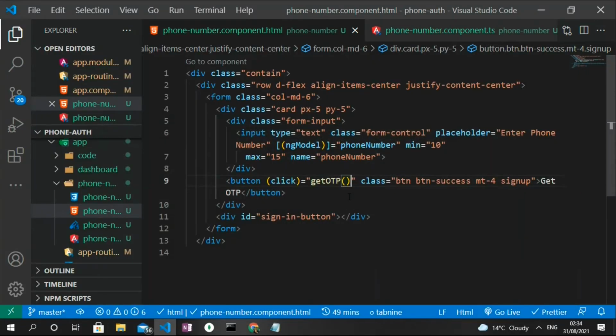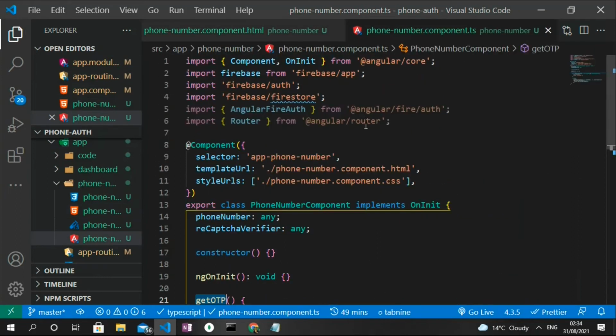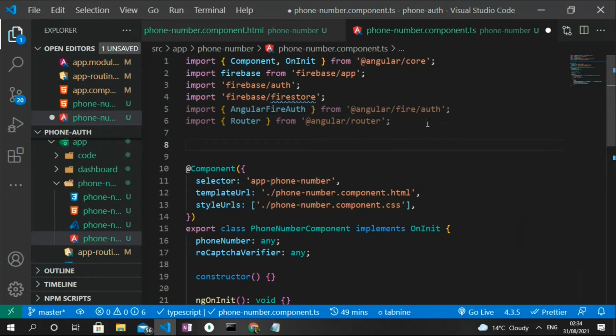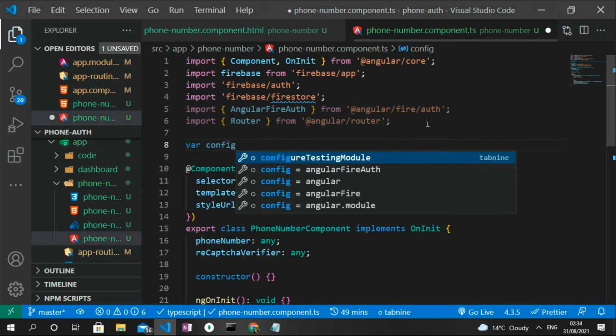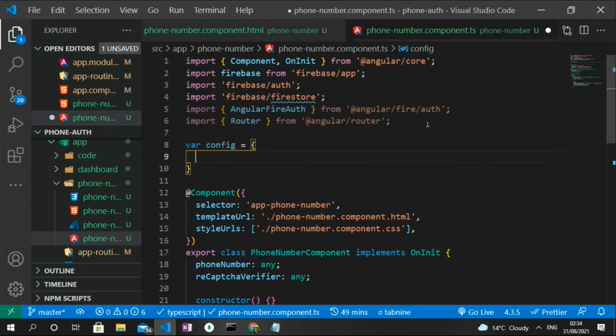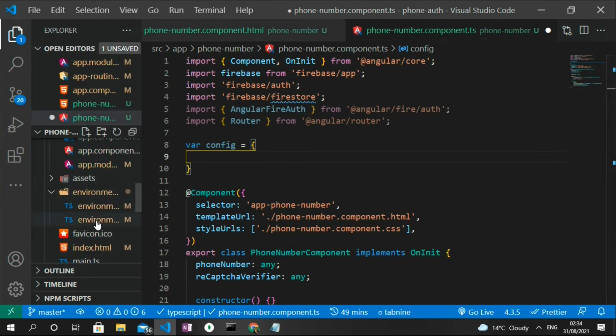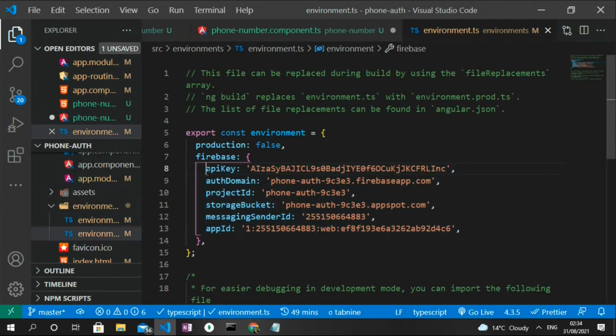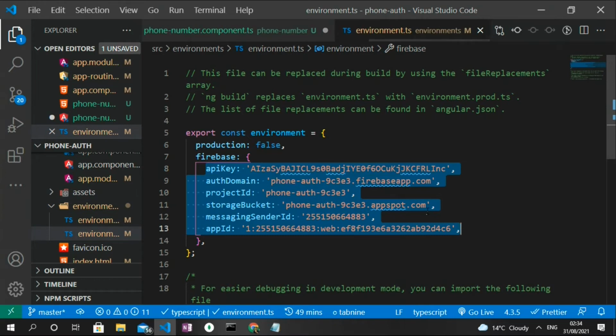So one way to work around this is to head back to our TS file and then I can create a variable up here. Inside of this variable, we can assign the Firebase object. Usually it's supposed to work when we implemented this in the app.module file, but for some reason it doesn't initialize, so I will have to do it inside of this file. So I head over to the environment.ts file, copy the object you have here,